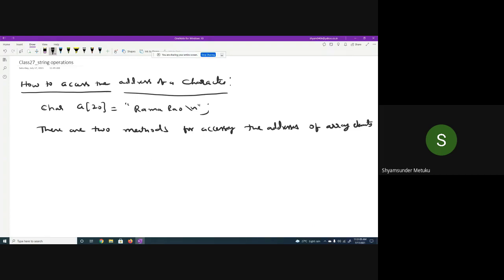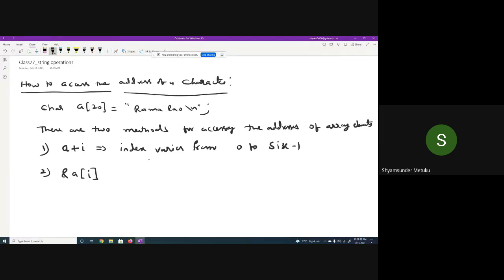The array need not be a character array, it can be any array. The first method is the name of the array plus index, where the index varies from 0 to size minus 1, not size. Yesterday we said a of 20 means the index starts from 0 and goes up to 19. Very good. The second method is ampersand of.